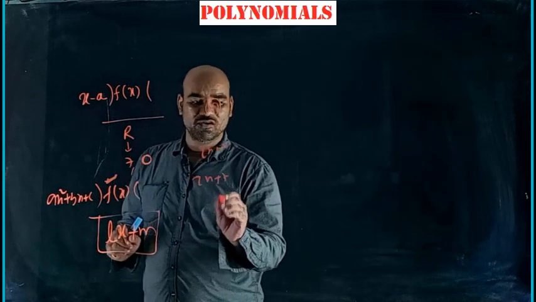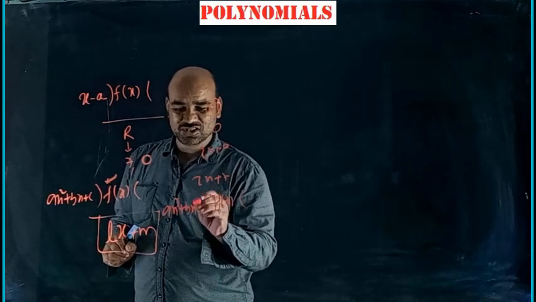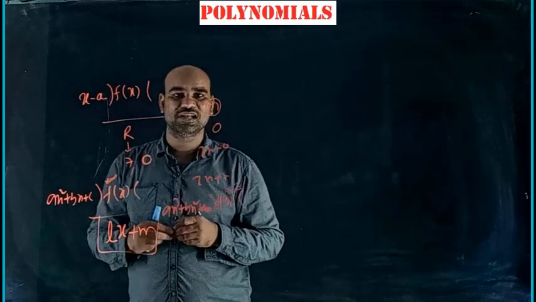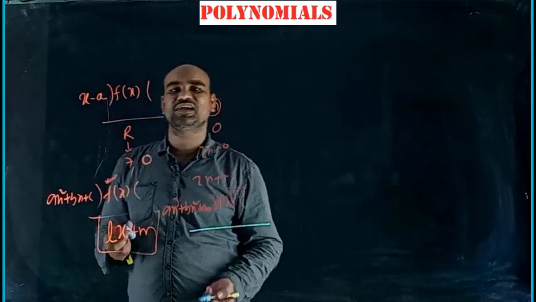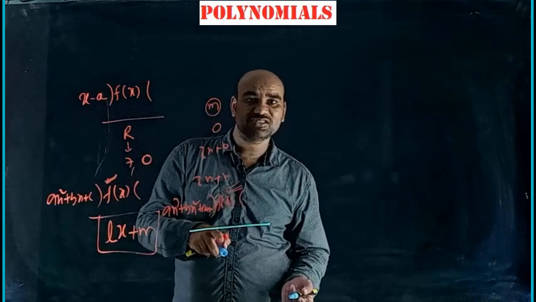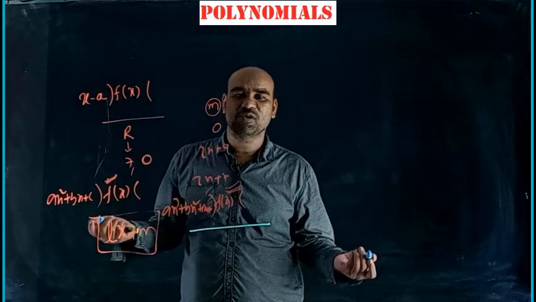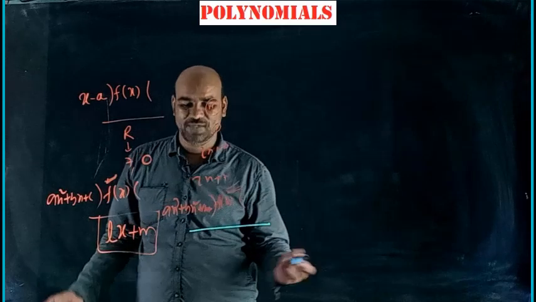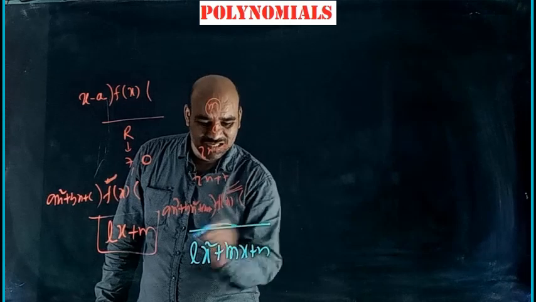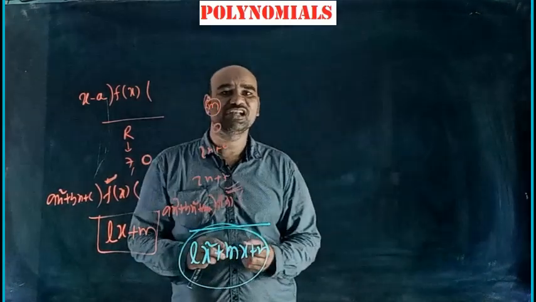Observe here, f of x is divided by ax cube plus bx square plus cx plus d. If f of x is divided by a third degree polynomial, now you want to find what is the form of the remainder. Okay, this is third degree. The remainder should be less than third degree. Less than third degree means it may be second degree, first degree, 0 degree, or a polynomial whose degree is undetermined. That means I can say that Lx square plus mx plus n is the standard form of the remainder. Here L, m, n are any three real numbers.